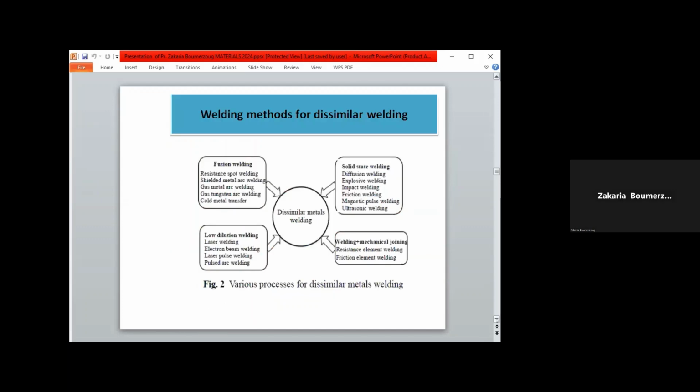Now, what are the techniques used to weld two dissimilar metals? In general, as shown in this slide, all welding techniques can be used to join dissimilar metals, but there is a challenge. It means you must choose the appropriate one. Now I will try to explain